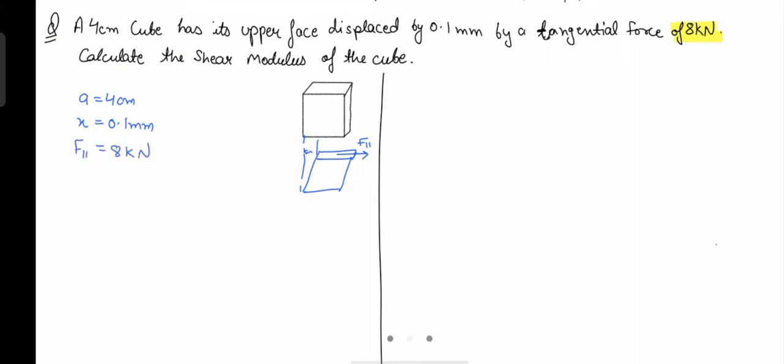Very, very simple question. See, we just have to put it in the formula now. So what is the formula we will be using? First of all, we cannot use that formula which we were using initially, as that was the Young's modulus thing, but instead we will be using the Shear modulus over here. So if we are going to use that Shear modulus, we will use S is equals to force, same things, but instead of writing del L, we can write X upon H. So S will be equals to the parallel force, that is 8,